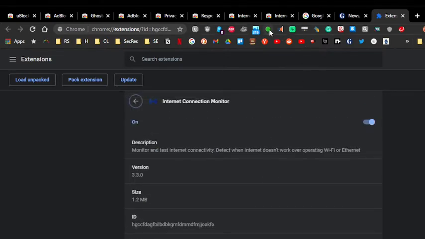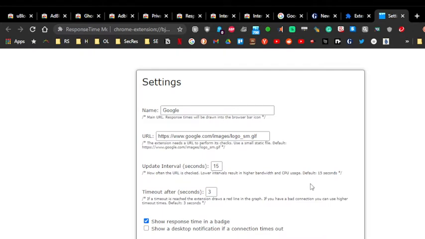So this one's good for monitoring. Green right now means that the internet is stable, and this tells me the latency in terms of pinging Google. So it's just pinging Google. You can also ping other things like